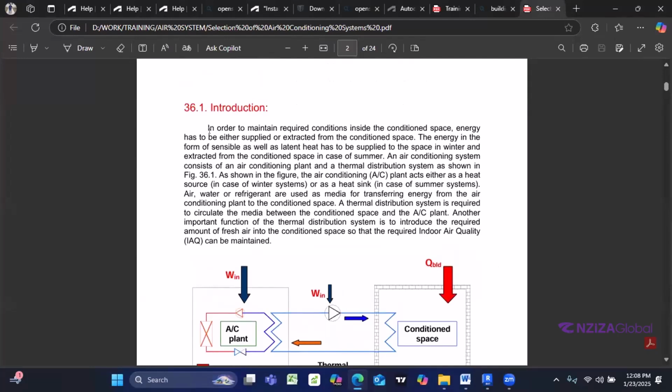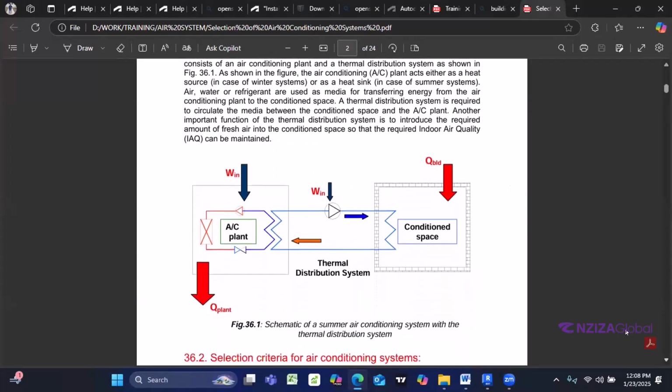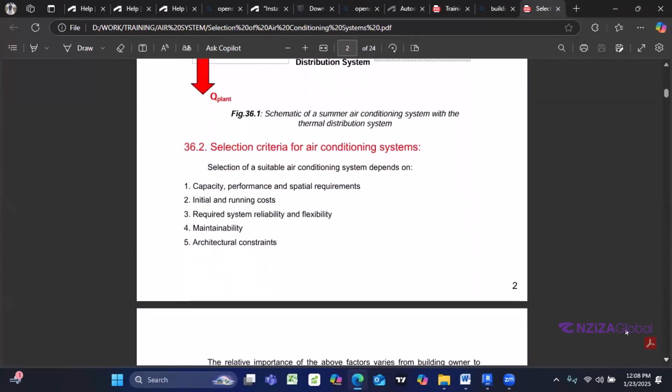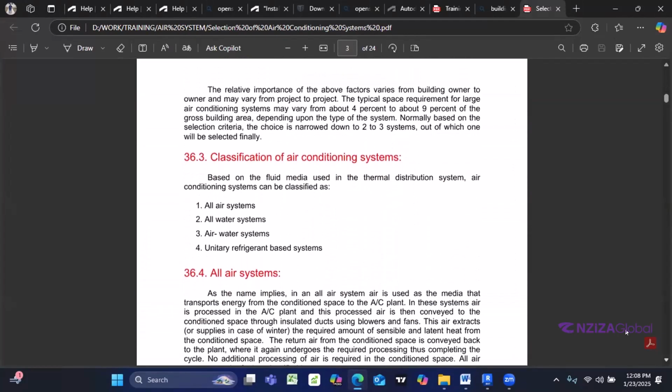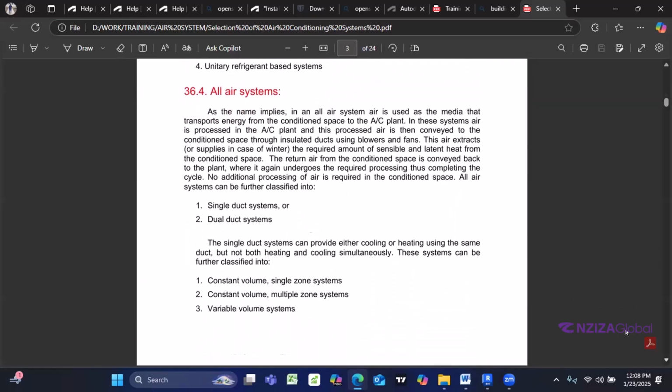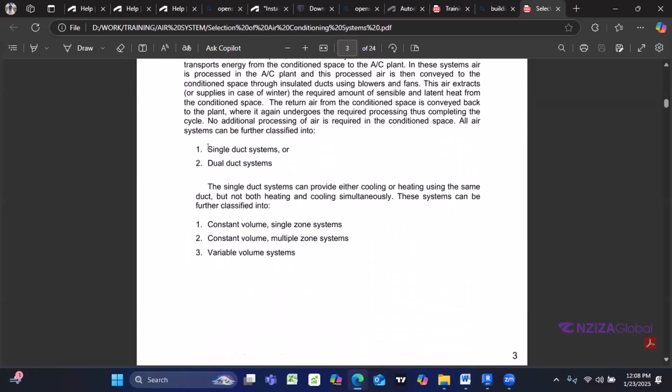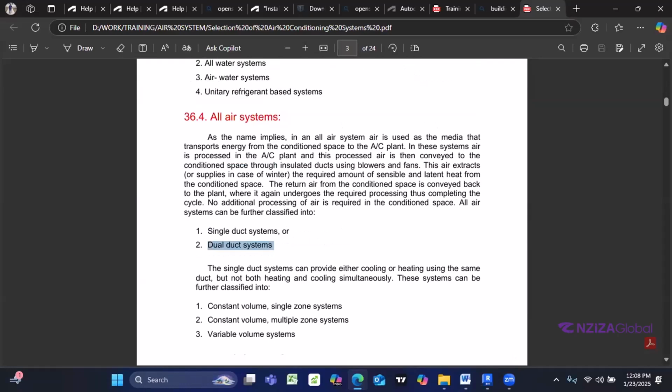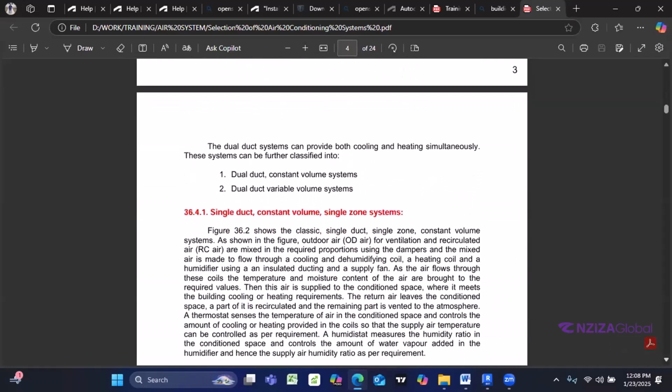Here, you have to maintain the required condition inside the conditioned space. Energy has to be either supplied or extracted from the conditioned space. So we have different systems for energy efficiency. So when you select the single duct, the dual duct. So for single duct VAV,